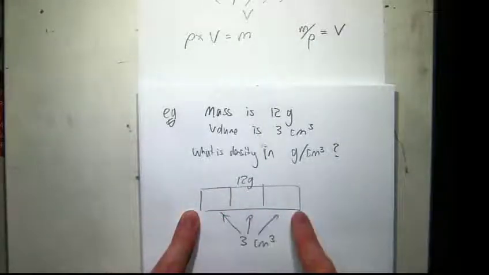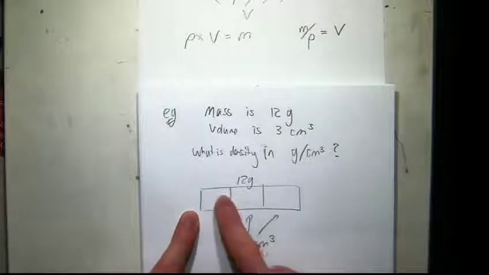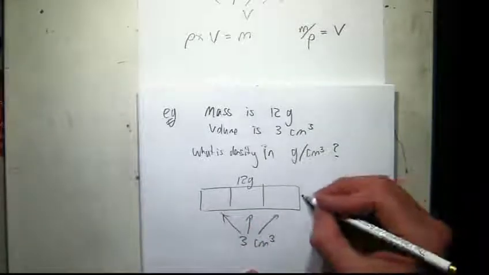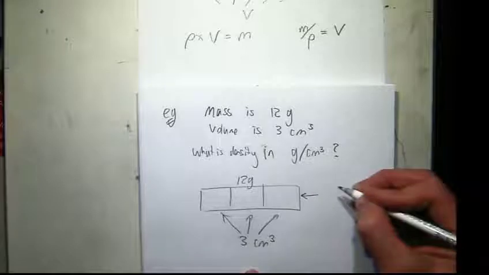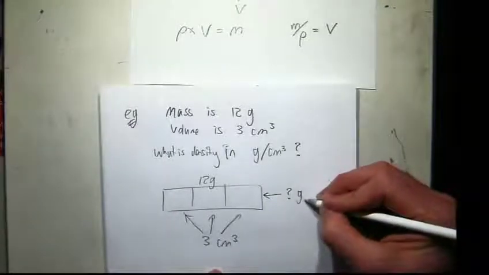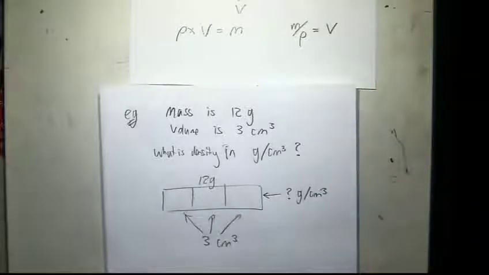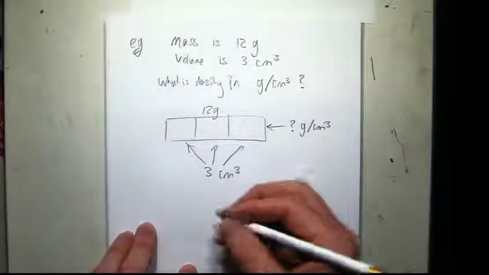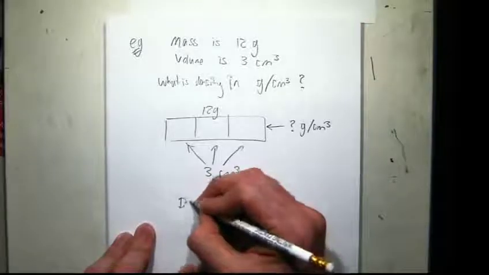I should cut it into 3 pieces, and that will tell me how much there is per piece. So I've got 3 centimetres cubed, I want to know how much it is in 1, so if I cut it into 3 pieces, that'll give me 1 centimetre cubed bits, and so each bit will be 12 divided by 3. So I can go that the density